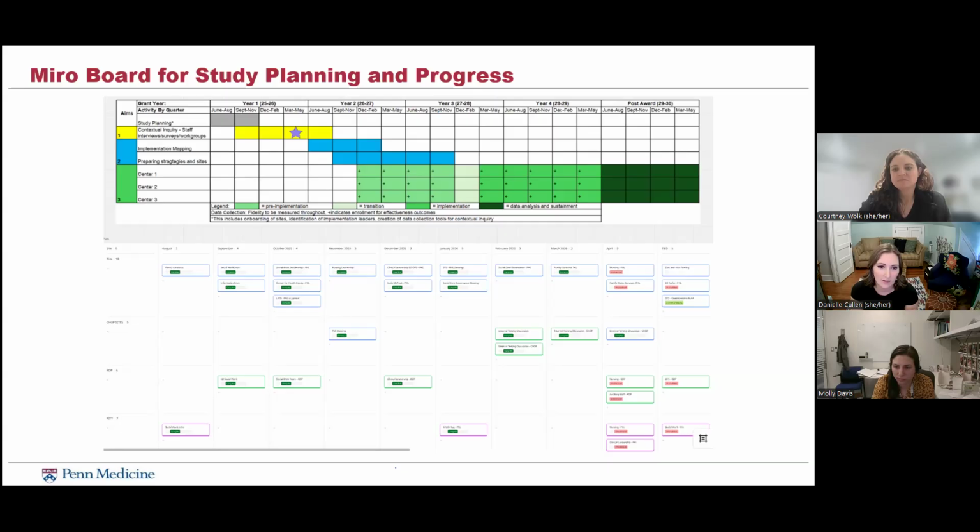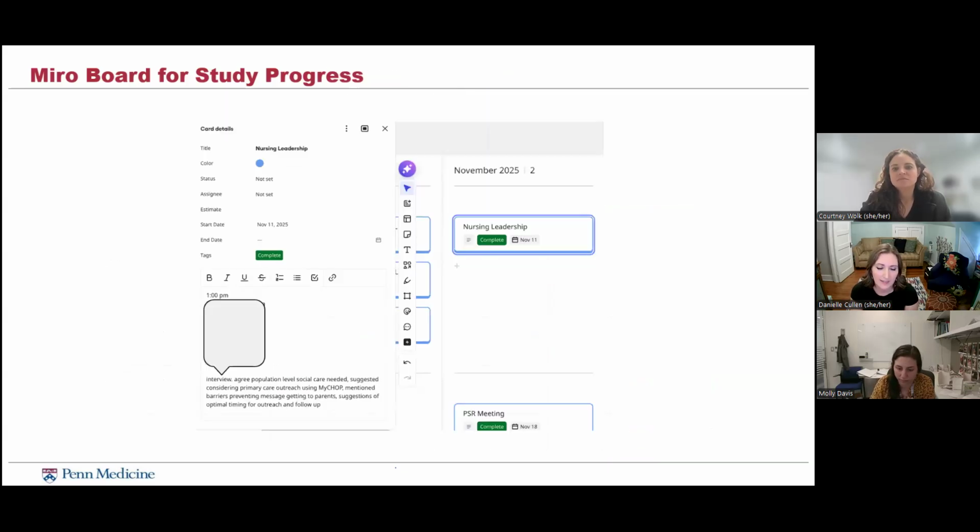Within each one of these little boxes, you can also click them open, and that's on the next screen, where you can indicate within these boxes who that meeting was with, what the date was that it occurred. I have that little thought bubble there, or speech bubble, just to cover up the names of the people who were in that group. But since this portion is